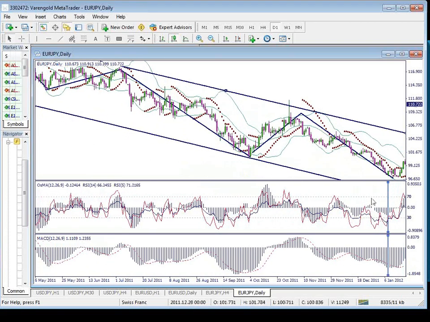So on daily, on 6th of January, we have also one low on the oscillator. We have the cross of RSI. We have a very close signal for MACD. So we have a big chance for that trade to be for a long period. We have a very strong signal on daily, and we have a very strong signal on